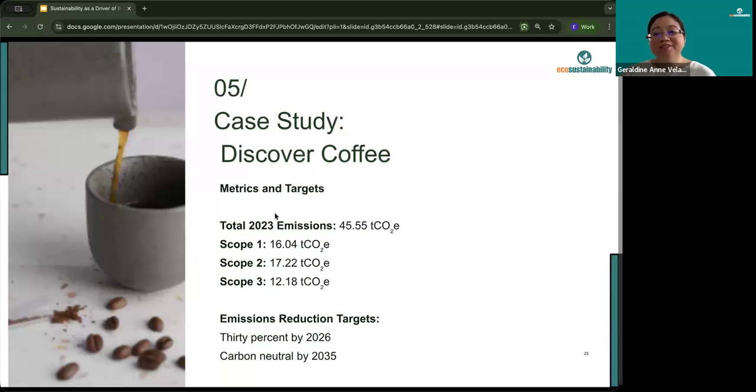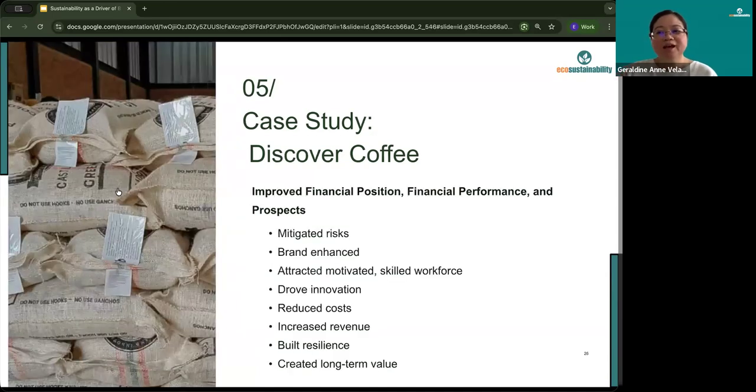Discover Coffee sources their coffee from sustainable sources, preventing operational disruptions. And while priced slightly higher than their competitors, Discover Coffee's customers are willing to pay higher prices based on perceived value due to ethical sourcing, quality, and transparency. And due to their green packaging, Discover Coffee reduced plastic waste. So this is how this contributed to Discover Coffee's success: by incorporating sustainability into their business strategy and by preparing a sustainability report, which leads to the incorporation of sustainability in financial decision making.